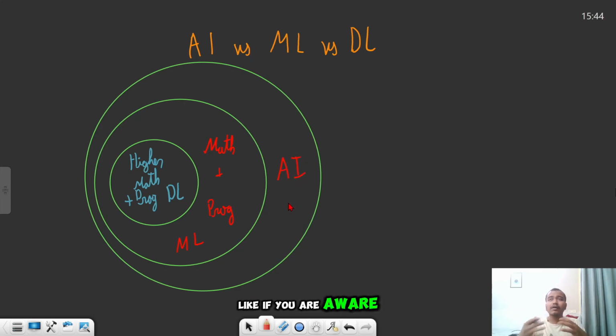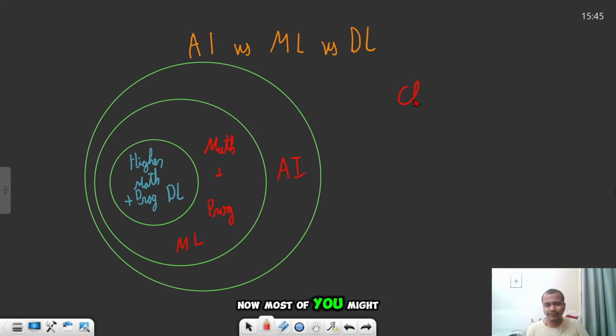Like, if you are aware of full stack development, then this is like a database, this is your backend, and this is your frontend. Not exactly, just to give a sort of reference. This is more like research work, which consists of very difficult problem solving. This is a normal one, and this is the final place where the user gets to interact with the product you created, and you call it AI.